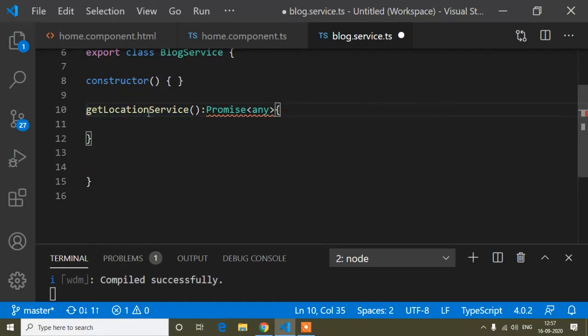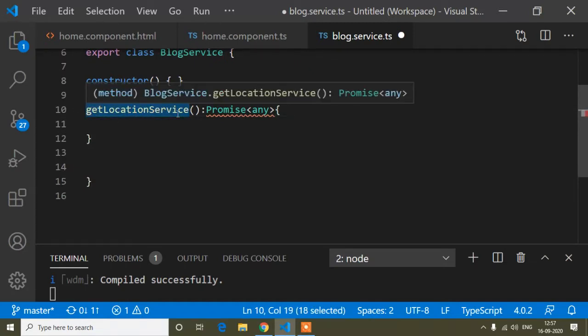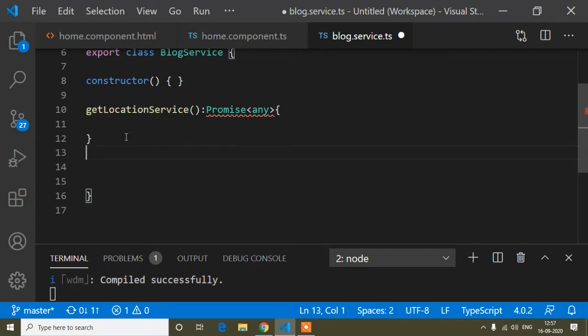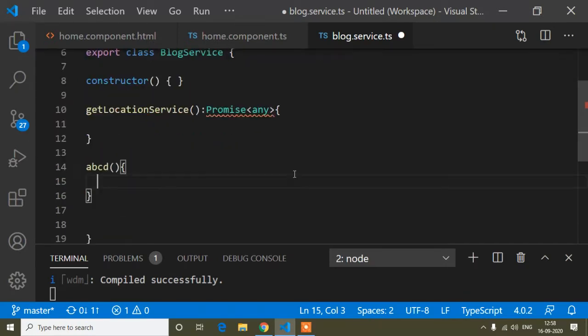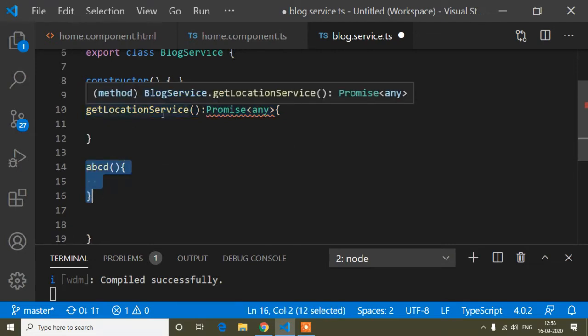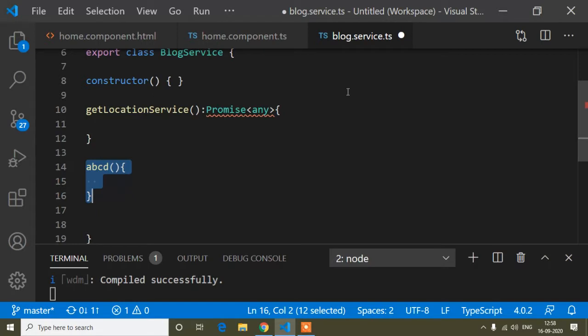So here I have a function, the name is get location service, and suppose I have another function, abcd. Which function will execute first? Obviously this function, because I have already written it before the abcd function. So first it will execute, then the other one will execute. So this is called synchronized.